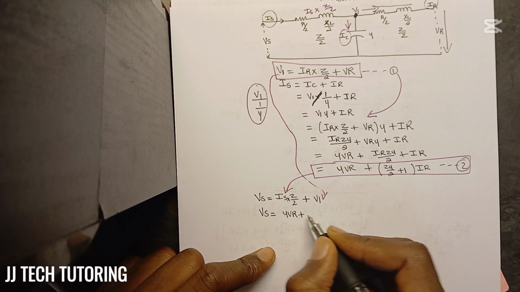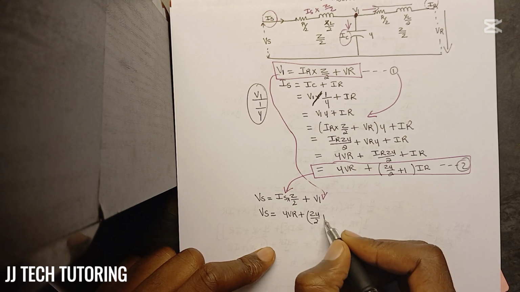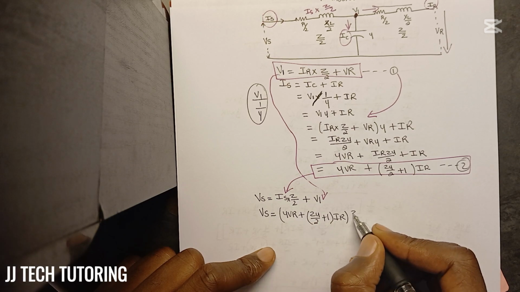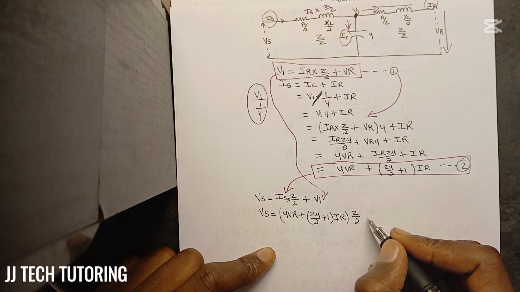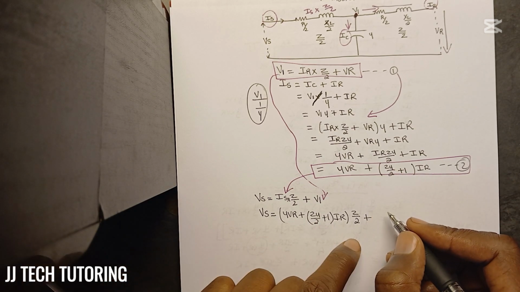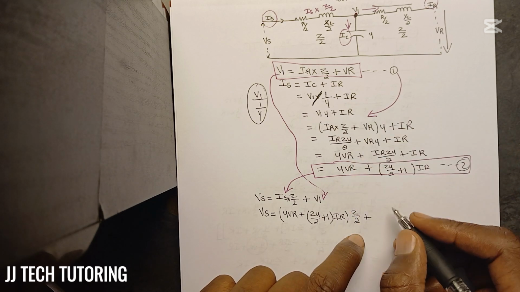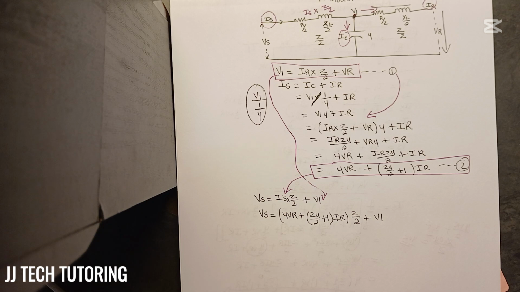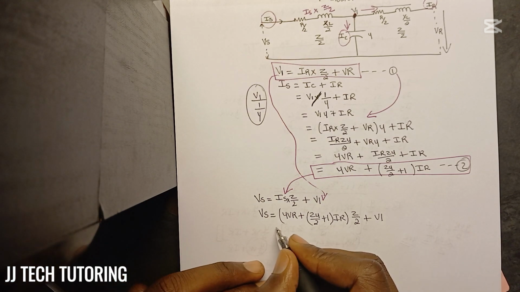YVR plus ZY over 2 plus 1 IR, right? Then all multiplied by Z over 2 plus VR. V1 is what? No, I think we have to first solve it without V1, then we'll go for V1, because it's going to complicate things, right? Now,